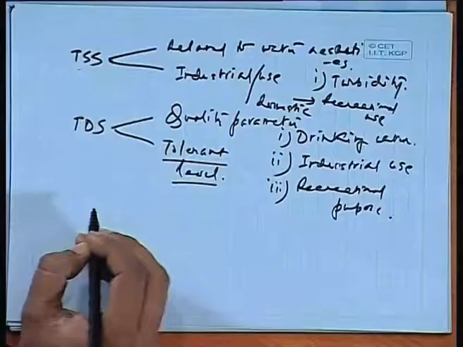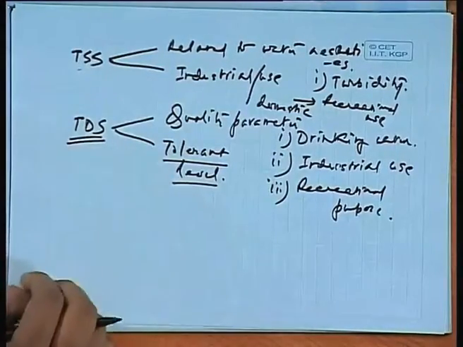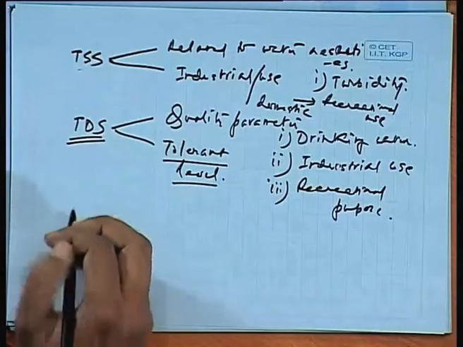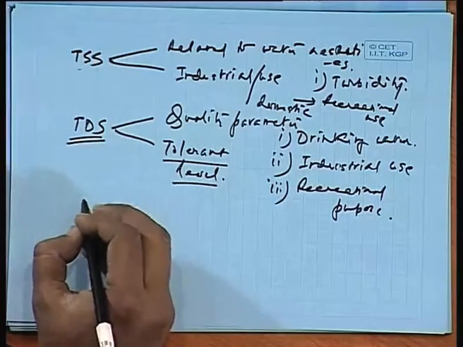So, in such cases, this is just about taste, but the physiological need also depends on the tolerance. Not all plant species or animal species have similar tolerance levels. They have different kinds of tolerance levels. That is where we try to understand the TDS, total dissolved solids, in a more comprehensive manner, in terms of TDS,